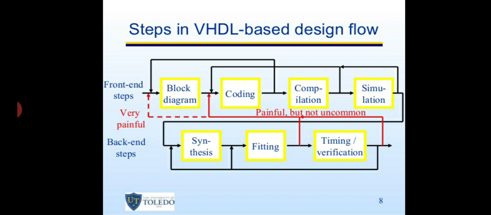Whereas in VHDL, we don't know about the circuit, we have only the code. By using the synthesizer tool, we will write the code and compile it. After compilation, the synthesizer tool converts it into the equivalent circuit. What we have given as code will be converted into the equivalent circuit in the fitting section. After that, it will go for the timing verification, which is nothing but waveform generation. These front end process and back end process are the main important parts of the design flow.